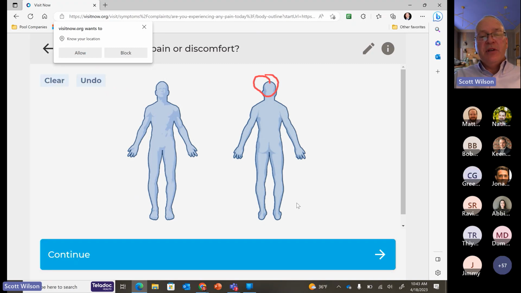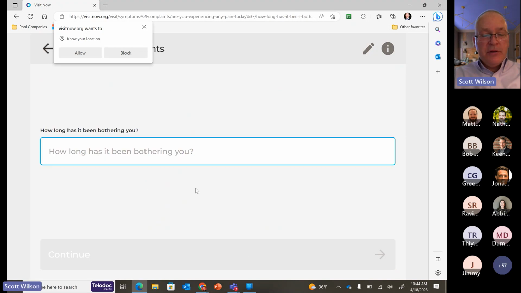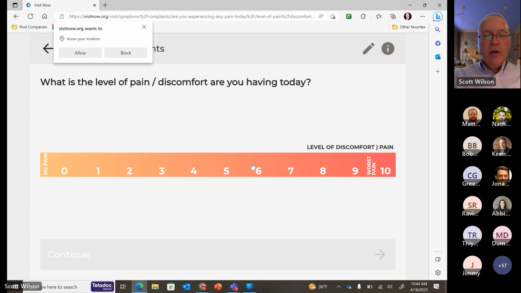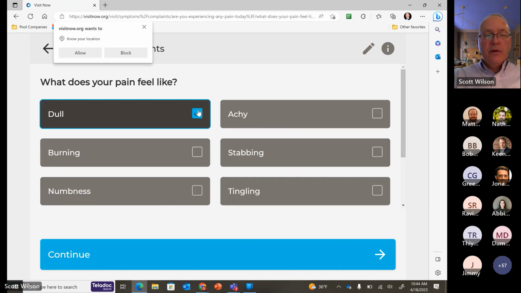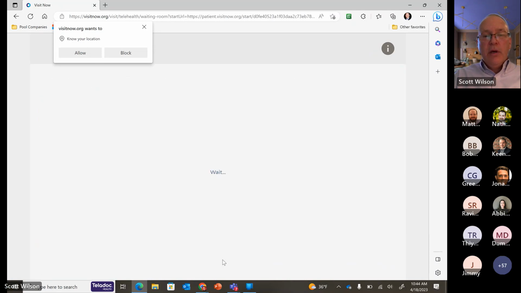This comes up as a generic male picture, but if I had chosen to have the patient name their gender, if it came up as female, it would come up as a female body. If it came up as male, it would be a male body. If they chose not to identify, it would come up as a kind of a gender neutral body. Can I ask a few more questions? Get my pain level. And when I'm all finished,